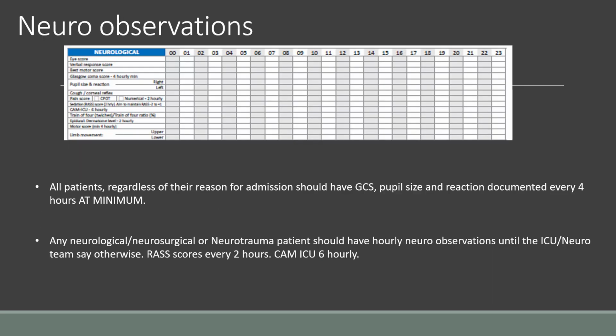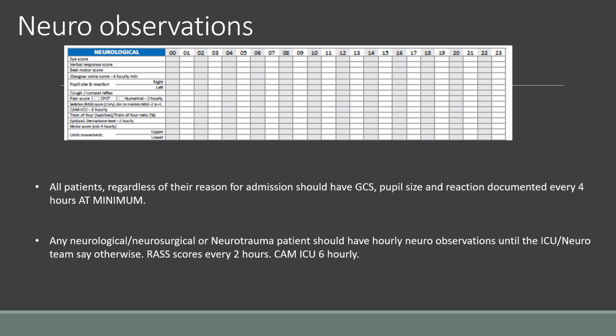So, NeuroObs, very quickly: we have an eye, a verbal, and a motor score, and then an overall score. You guys should be very familiar with doing NeuroObs. Already, the ICU has shot a couple of videos on how to properly do a GCS, because unfortunately there is some variation in people's practice. So what we want to do is obviously set you up for success, and I would highly recommend you watch